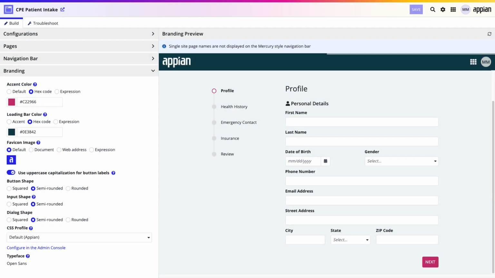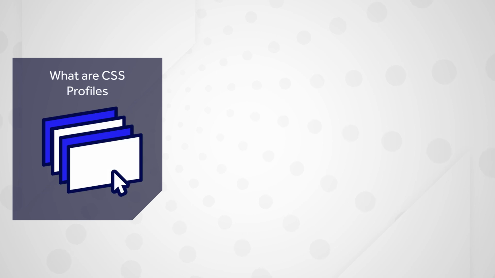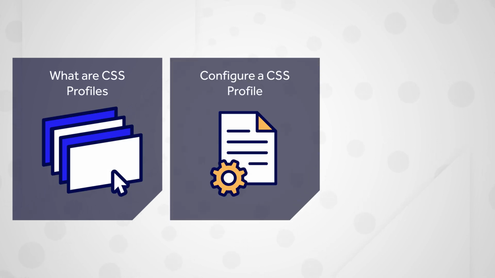Your Appian applications have core branding options such as accent colors, logos, and button shapes. But when your organization needs a site or portal to match a specific brand identity at a more granular level, that's where CSS profiles come in. In this video, you'll see what CSS profiles are, how to configure them in the admin console, and what's possible